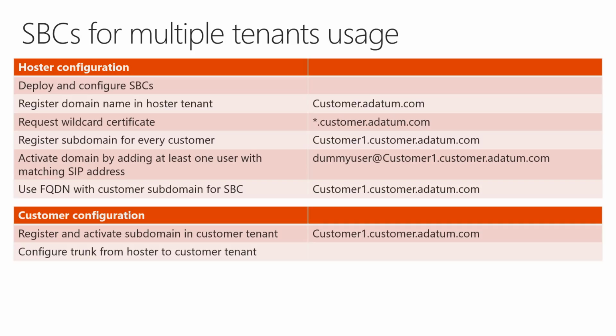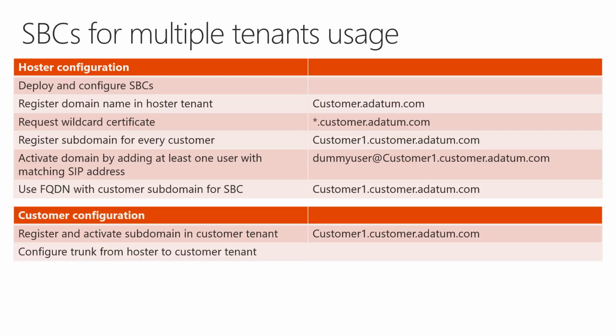It's also important that you activate this domain by adding at least one user in the hoster tenant with a matching SIP address. So that will be dummy user at customer1.customer.adatum.com. Then you can use this SIP domain as an FQDN with the customer subdomain for your SBC,